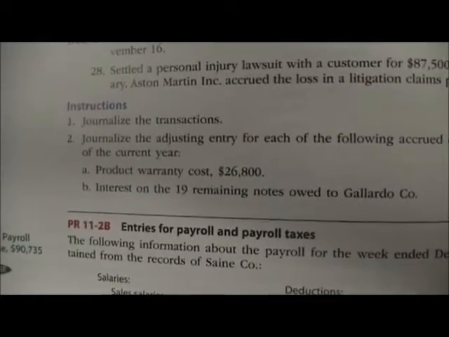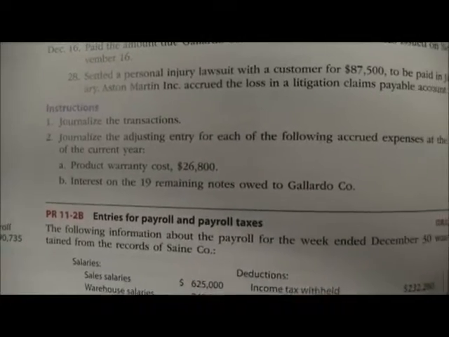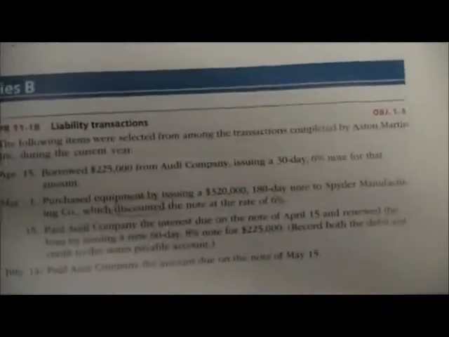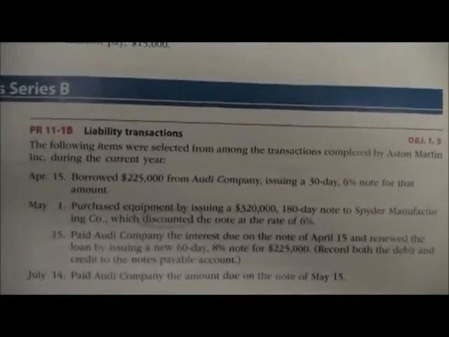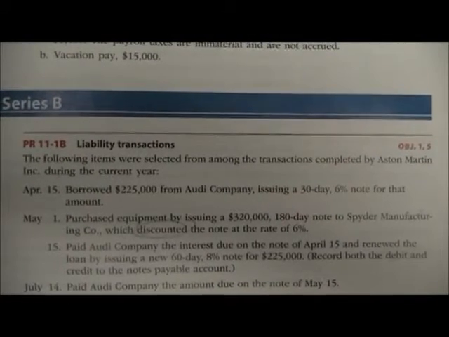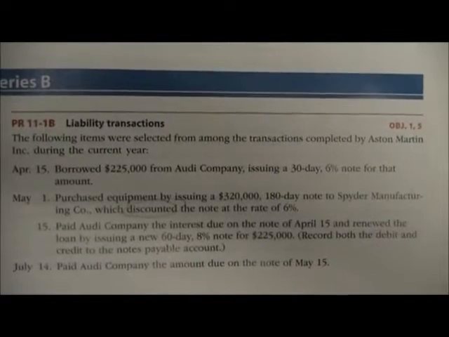Our instructions: number 1, journalize the transactions. Number 2, journalize the adjusting entry for the following transactions. So we're going to go back to the page before it and start with our first transaction. Our first transaction states that on April 15th, we borrowed $225,000 from Audi Company, issuing a 30-day 6% note for